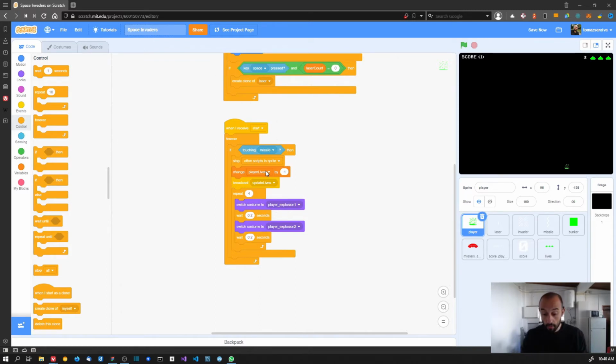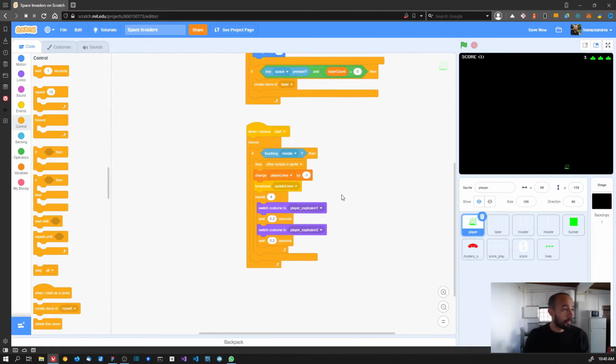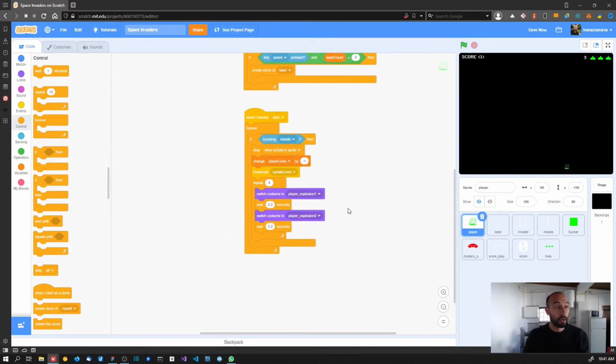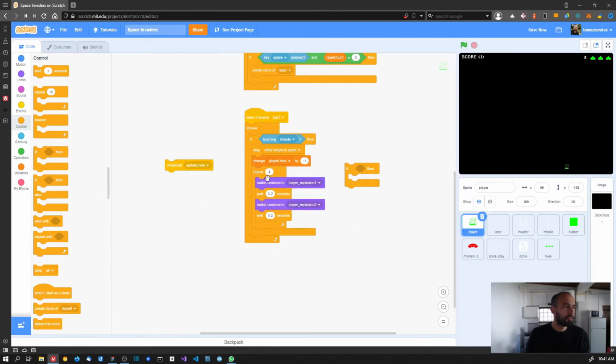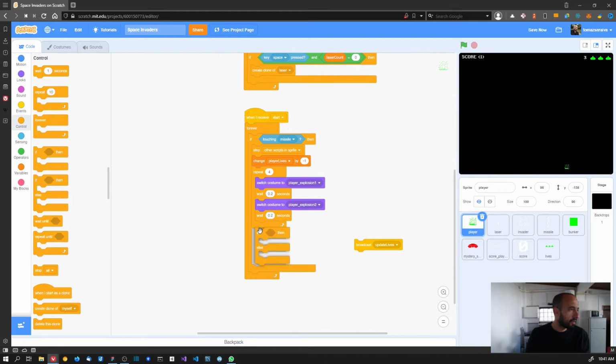So now let's deal with resetting the game after destroying the player. Oh, another thing we can do before that is ending the game when the number of lives reaches 0, because we know it's game over. So we change the player life, we update the lives on the top. Actually, we are not going to update the lives on the top if the player lost the game. So we can update after the animation runs. It's not a problem. And we can add here at the bottom of this one, after the animation,